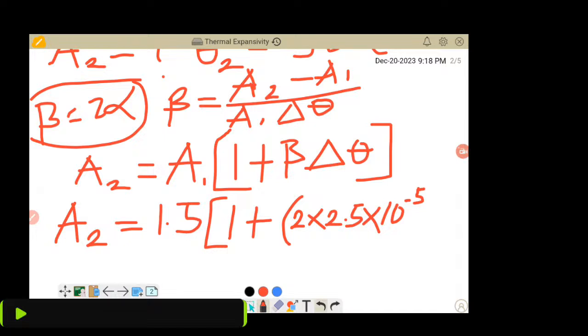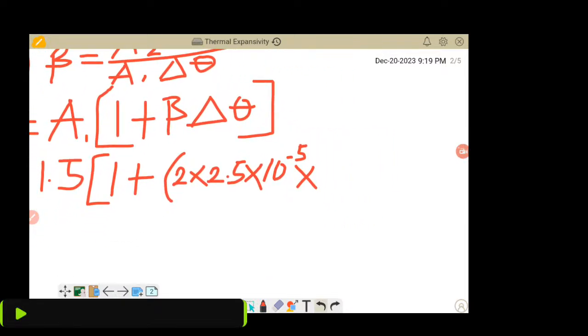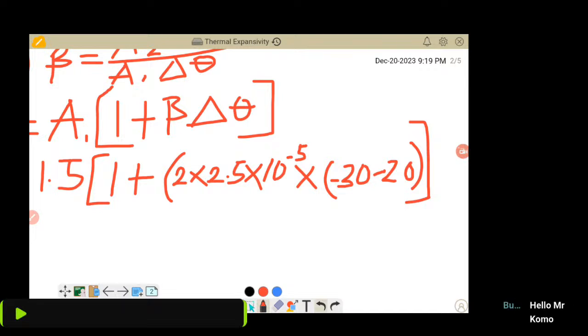and that's multiplied by our change in temperature. Remember, our change in temperature is from 20 to minus 30, so we have minus 30 minus 20, that is theta 2 minus theta 1. So you can press all this on your calculator, or you do it one after the other, and in doing that we are going to have the value of our A2